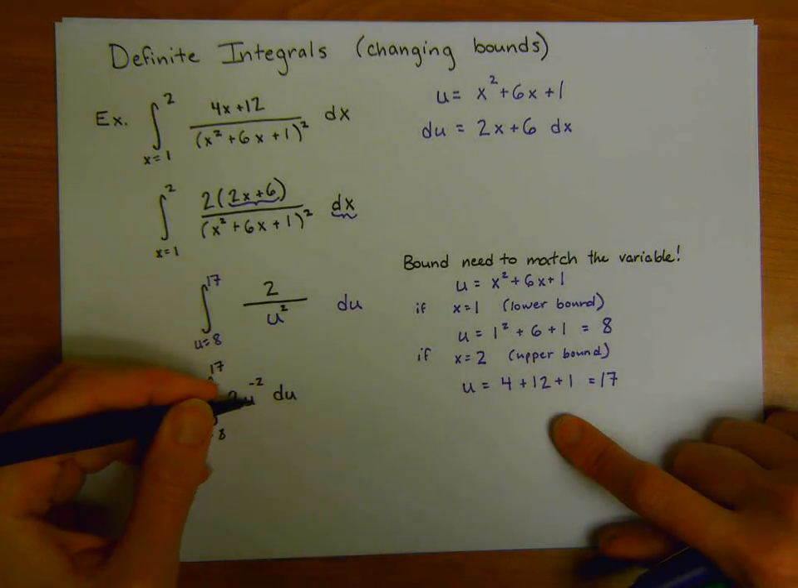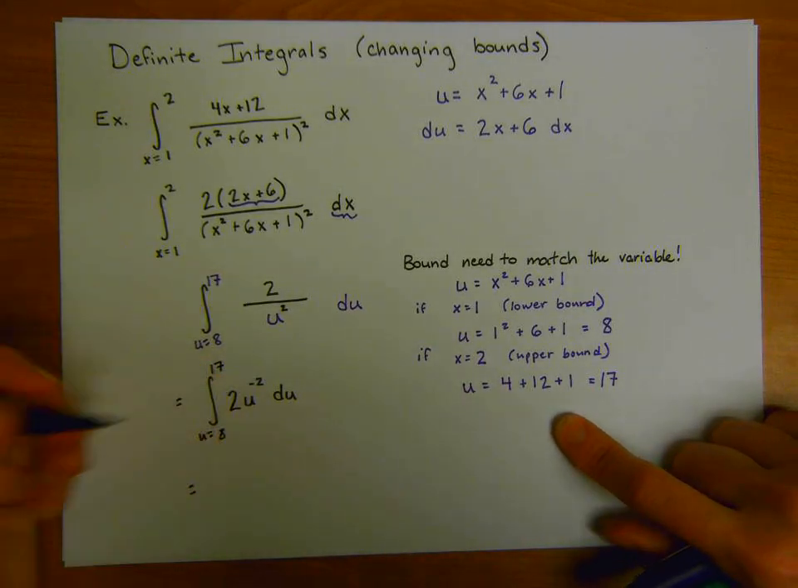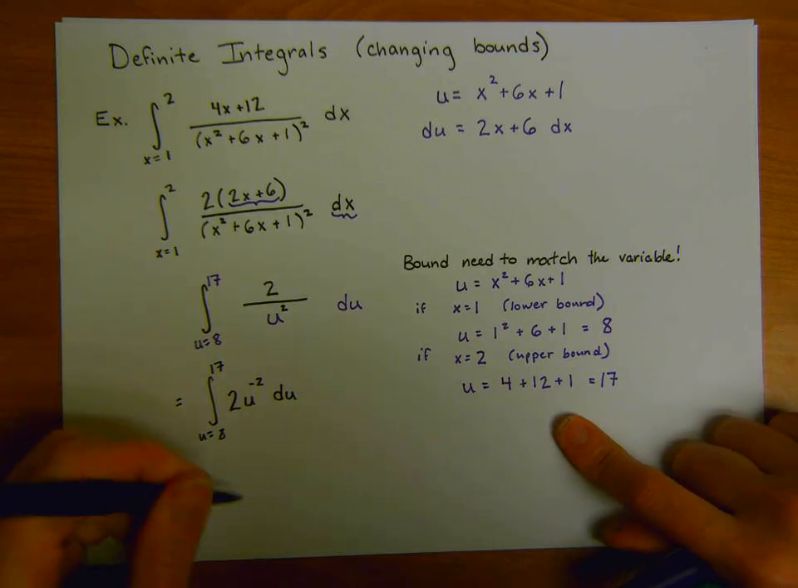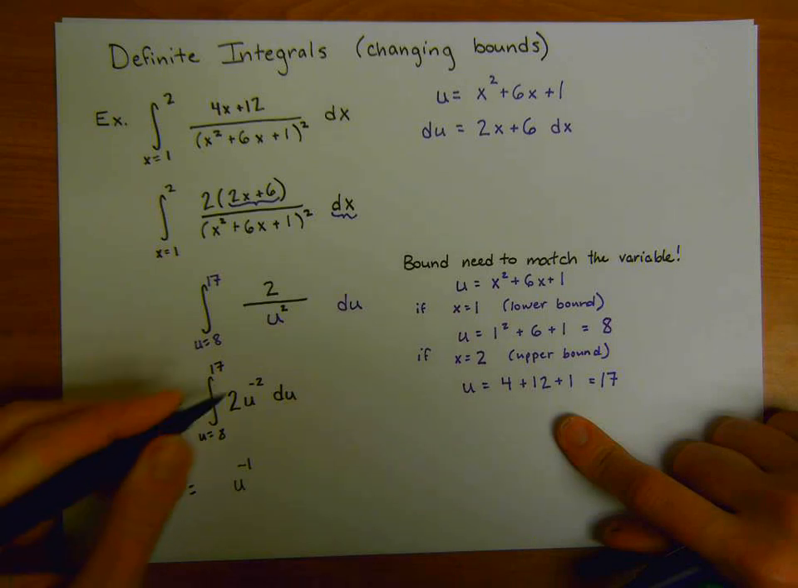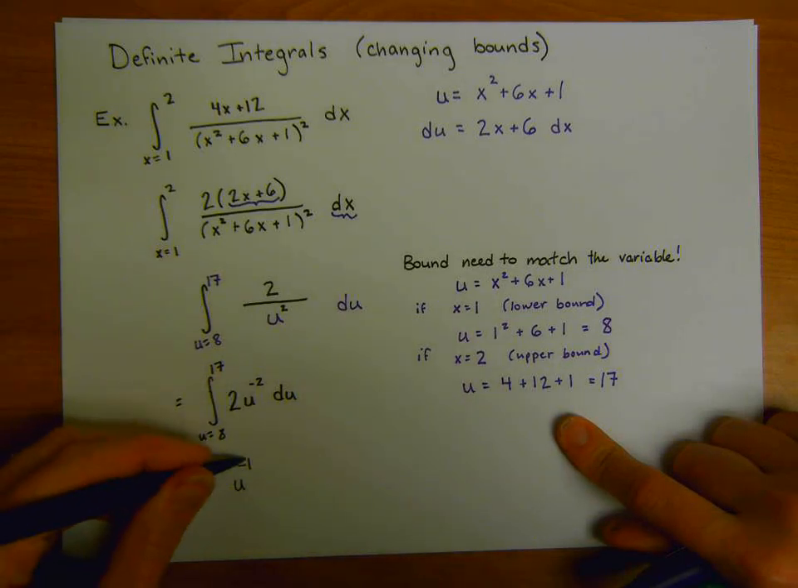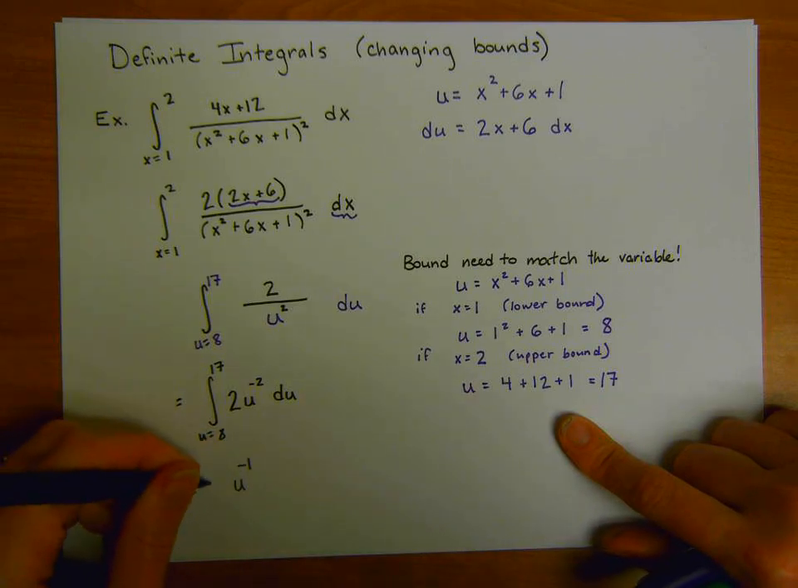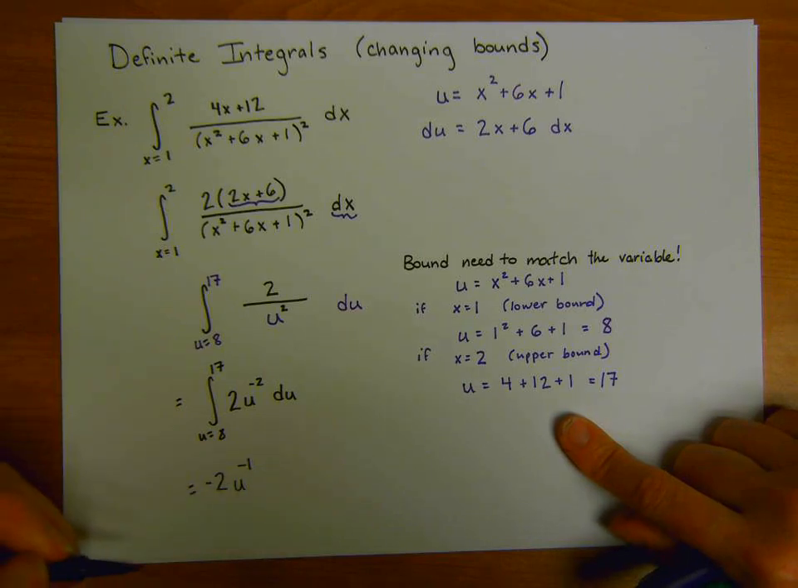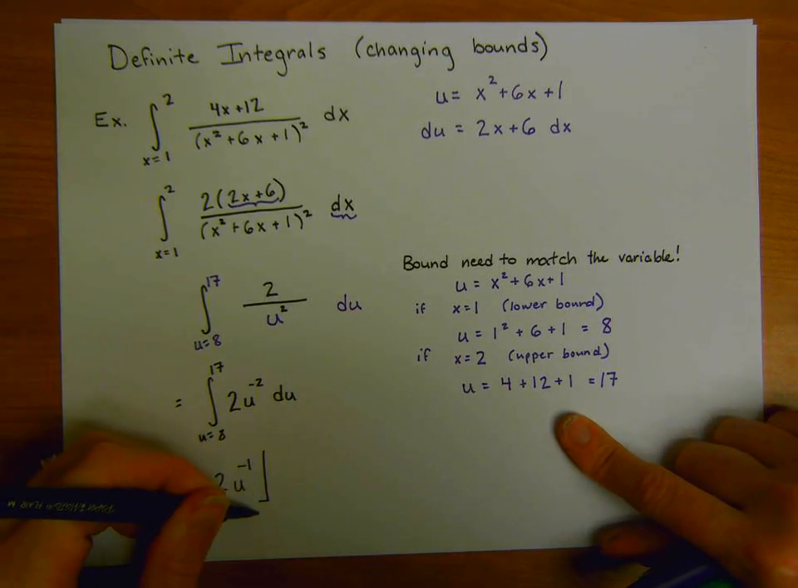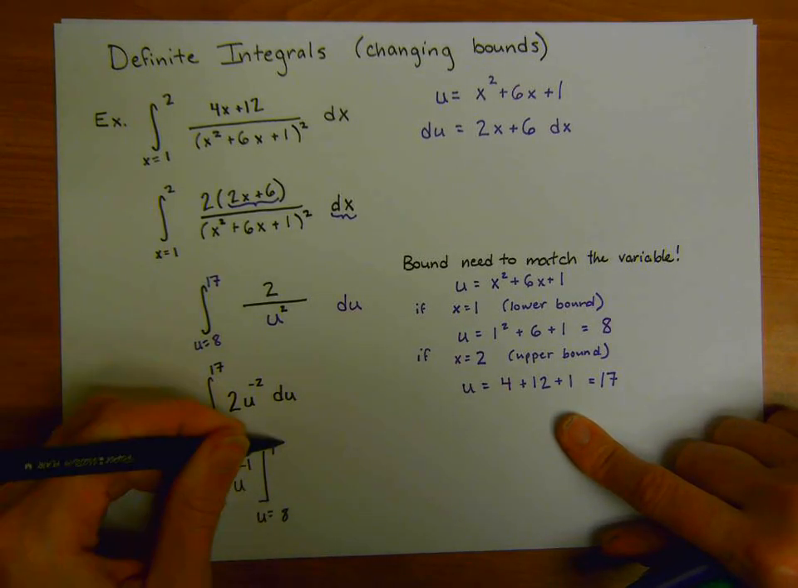So when I integrate, I raise the power by 1, and so I'm going to end up with u to the negative 1, and I multiply by the reciprocal of the exponent, which the reciprocal of negative 1 is just negative 1, so I end up with negative 2 times u to the negative 1. And I'm going to evaluate that as u goes from 8 to 17,